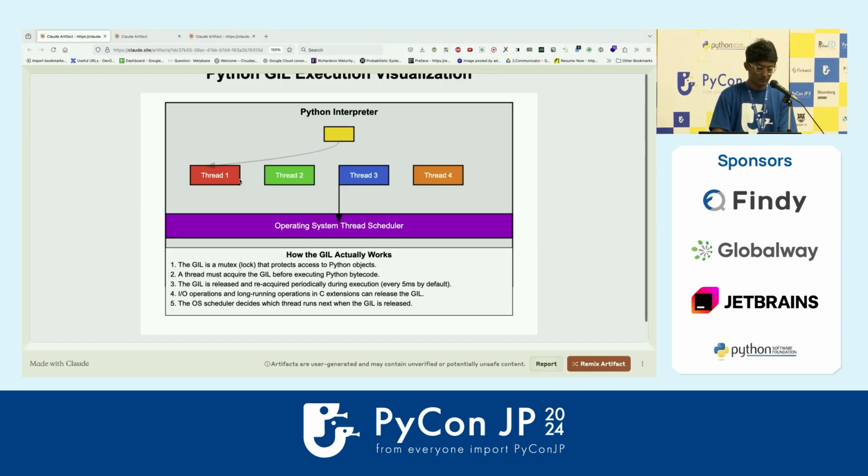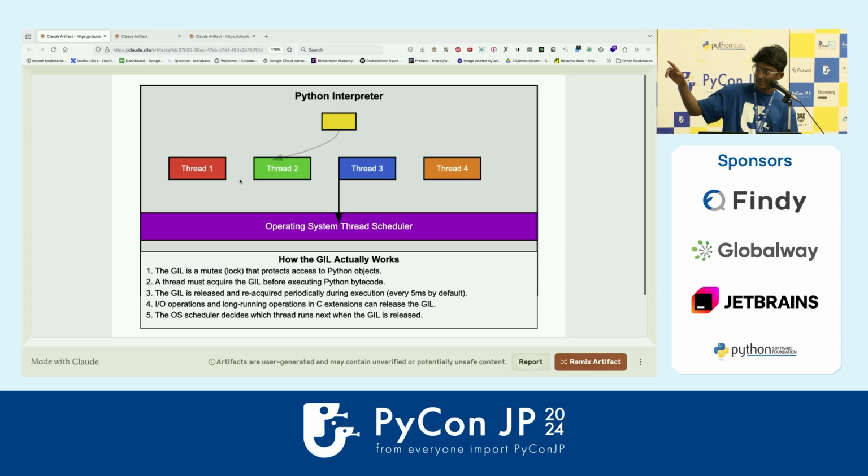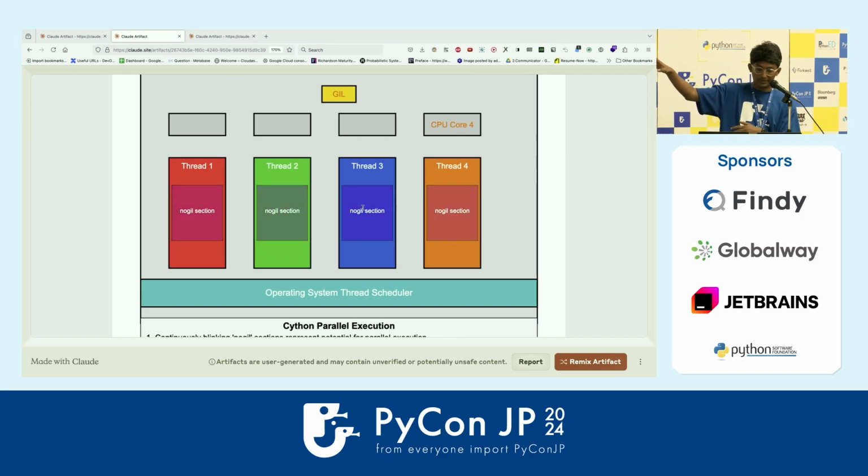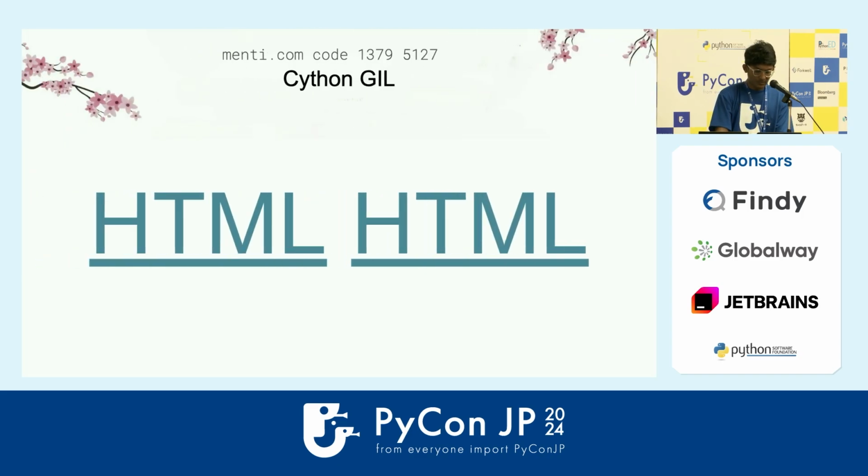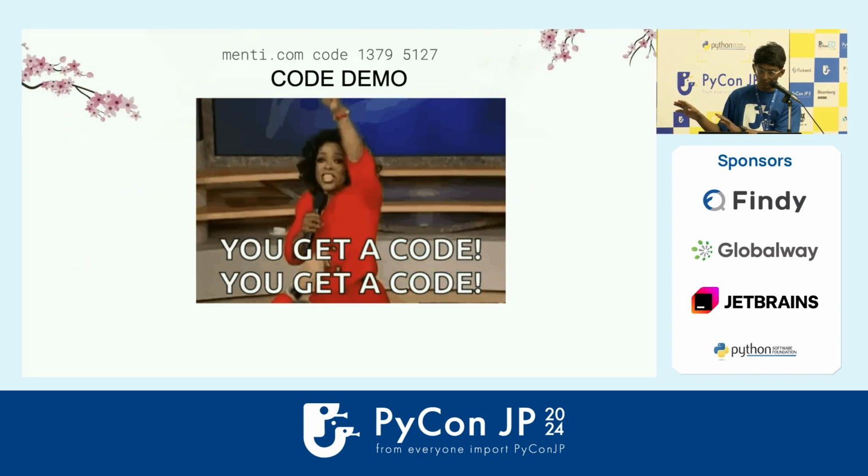I'll show some demonstration. So this is how threading usually works inside Python. It goes from one to the other, so it's essentially not very multi-threaded. But if you use Cython, your no-GIL section is continuously being processed, and you still are attaching different cores, but the no-GIL section, your computation part, can still work faster. And I'll do a quick code demo regarding it as well.